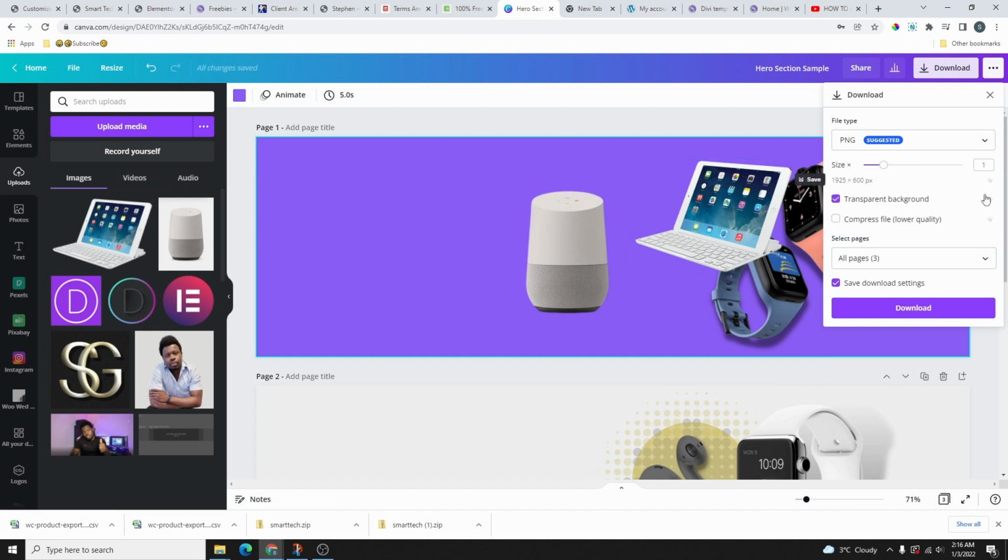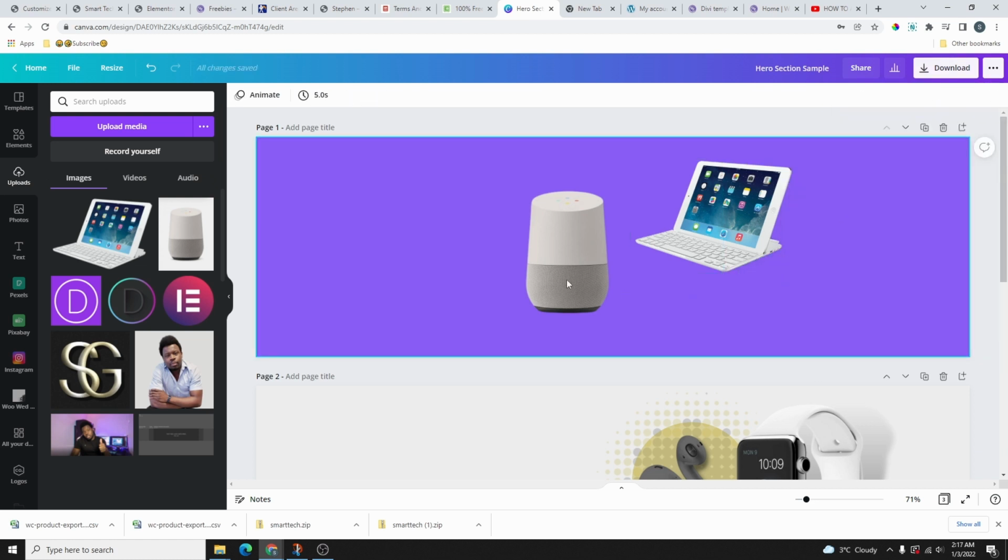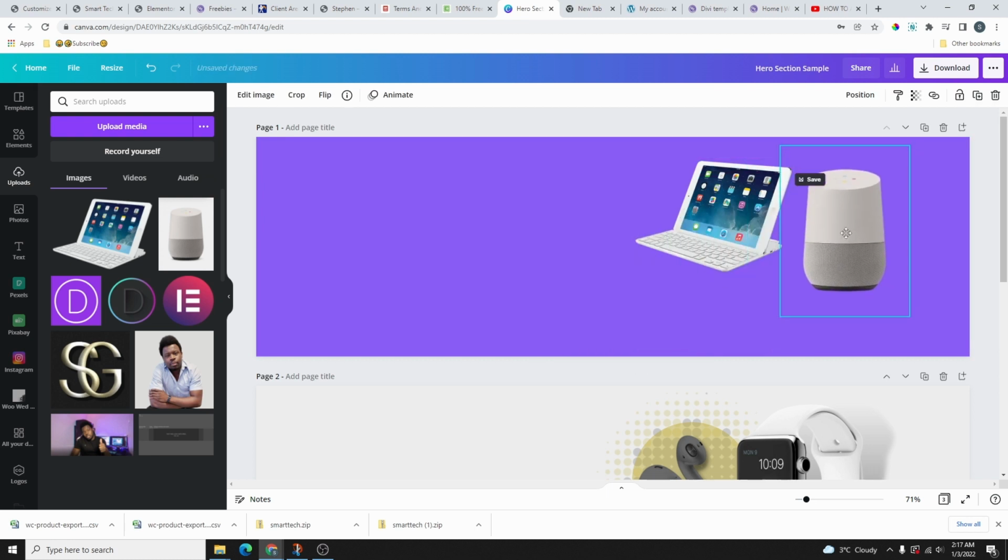Right here you can see that this is a pro version, so this is why I said you can sign up for the pro version for 30 days, and 30 days is enough time for you to be able to create all the assets that you need for your website. And then after that, you can decide whether you want to renew it or not, so that's totally up to you. So let's go ahead and delete this one as well,